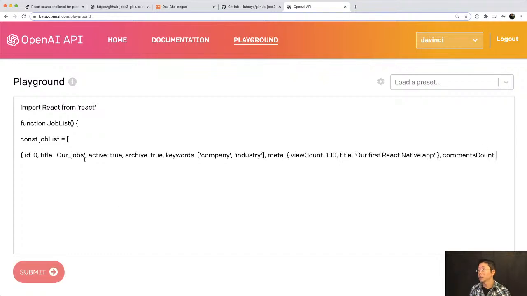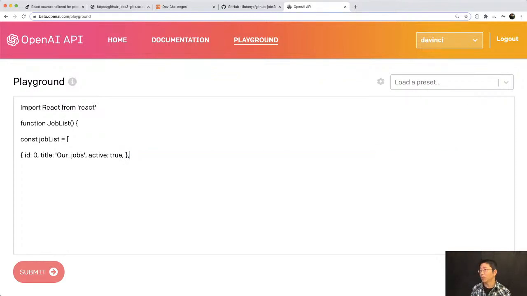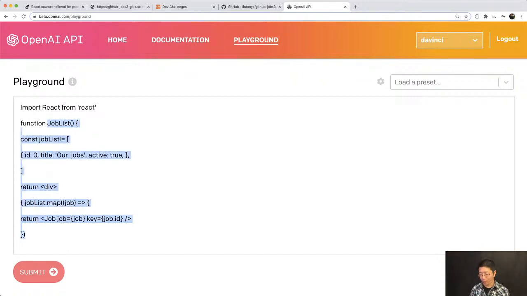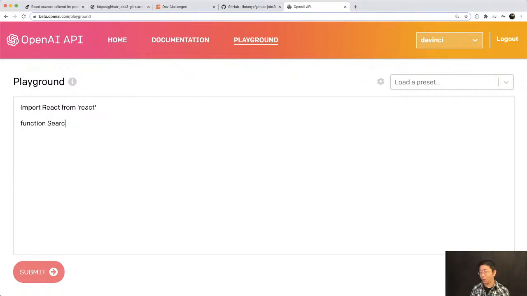Oh, that's too much, I think. Let's see what it's gonna give. Yeah, it'll basically write code for us, which means, I don't know how you feel about this. Let's try SearchForm,